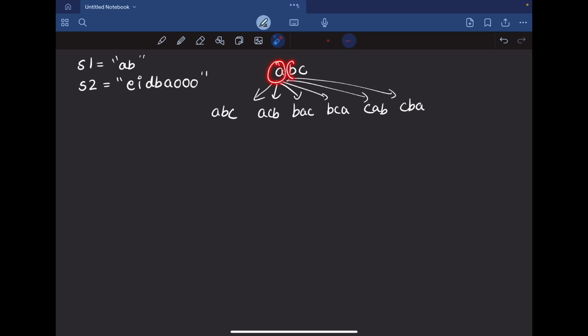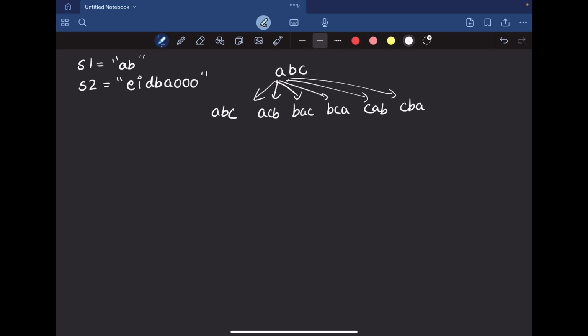After we rearranged the positions of the characters, we got these different strings. These strings are known as the permutations of this string.